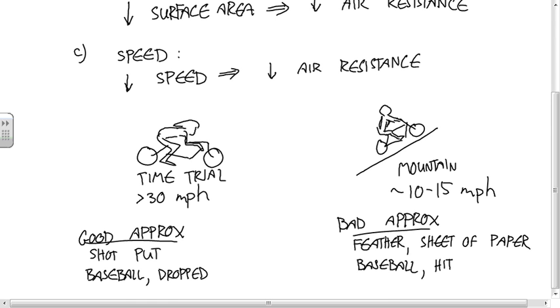So I don't know, you decide. I'm not trying to push my beliefs, but